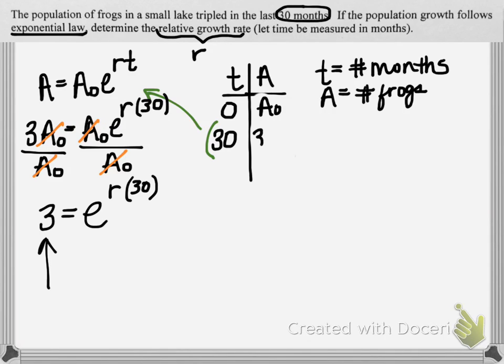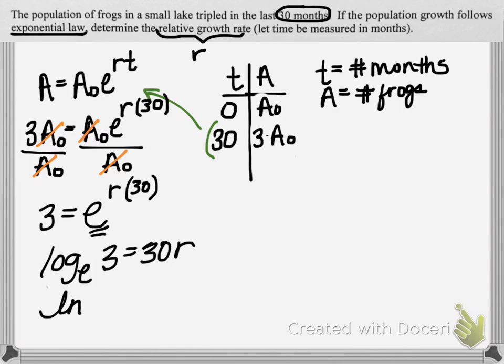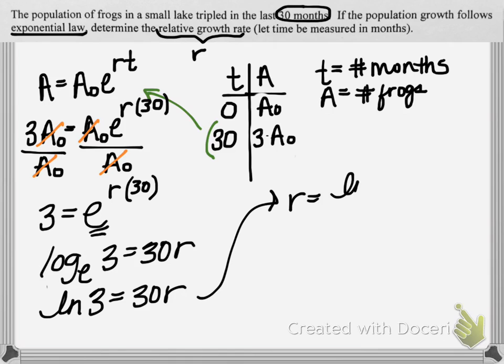Going back to what I had, A sub 0 and 3 times A sub 0, I just finished solving this equation. We rewrite it in log form. Right now my base is E, so rewritten that's going to be log base E of 3 is equal to 30 times R, which of course is the same as the natural log of 3. And so my R value will just be the natural log of 3 divided by 30, which if you put that in your calculator is approximately